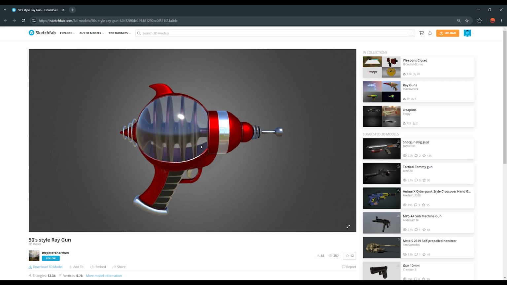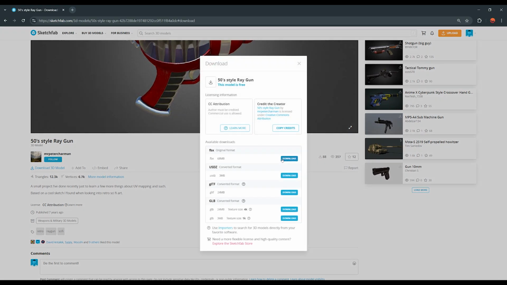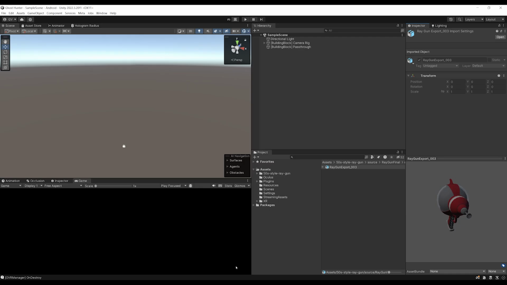There it is on Sketchfab. I will leave this link in the description if you want to download it as well. You simply need to click here on download 3D model and then download the FBX version to drag it here